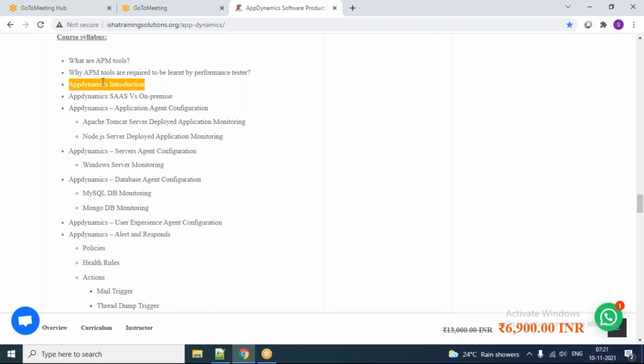So the next agent is the user experience agent. This is very, very important, guys.